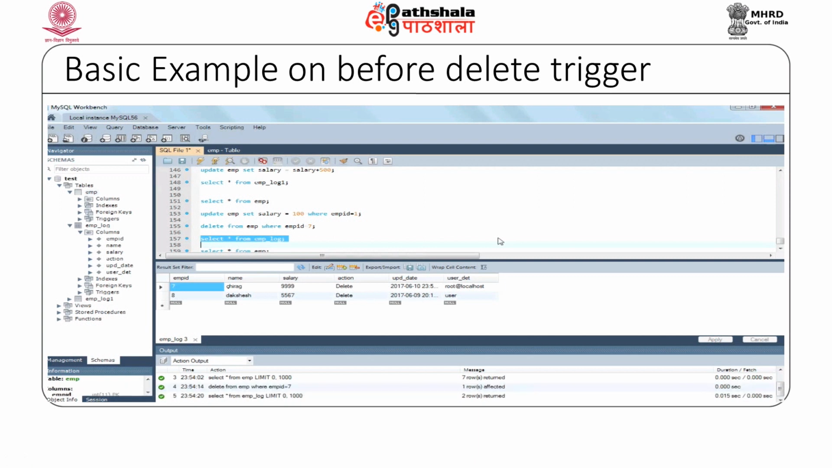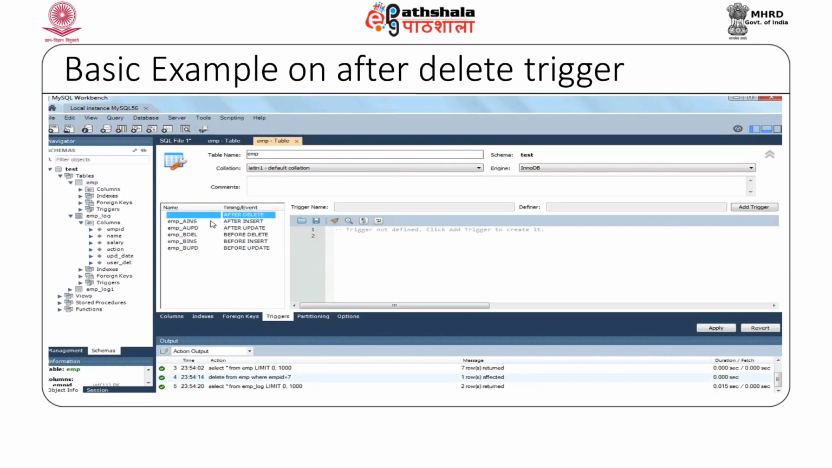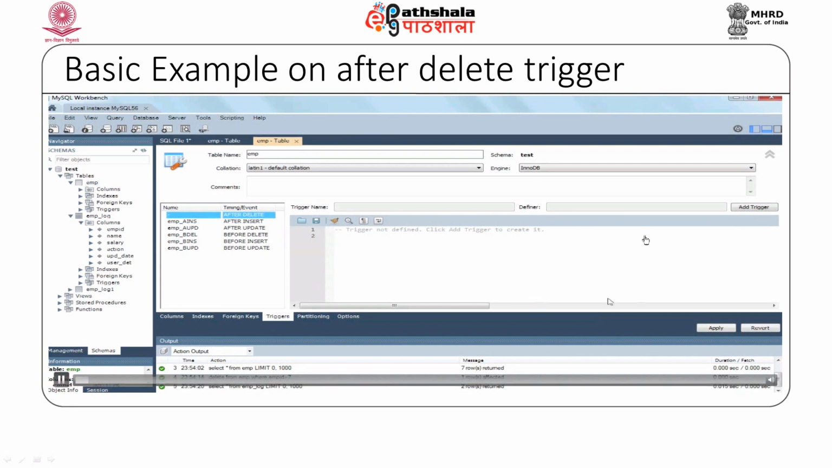Remember, this is the before delete trigger we have written. Before delete we are maintaining who deleted so and so record. In case of after delete, we will be maintaining the user and the description of the action which was performed. So, the next example which we look at is after delete. Let us create a trigger on after delete and again add trigger,